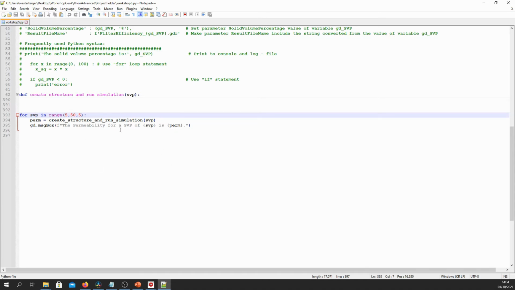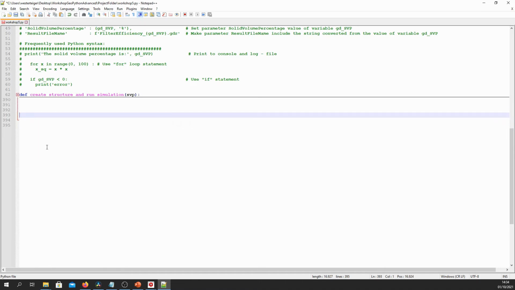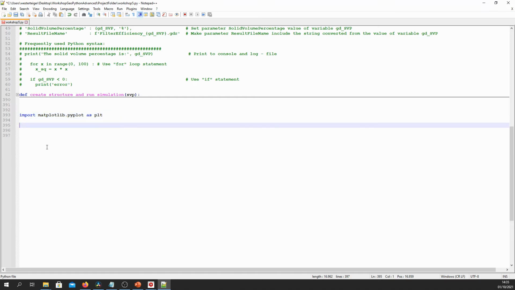For this, for now, just delete this part, delete the for loop. And then we're going to do import matplotlib.pyplot as plt. Matplotlib is the most famous Python plotting library and probably the most famous plotting library overall. And you can find many tutorials and lots of documentation about it online if you want to change the plot, for example. And we'll start by doing SVP values equals list of range